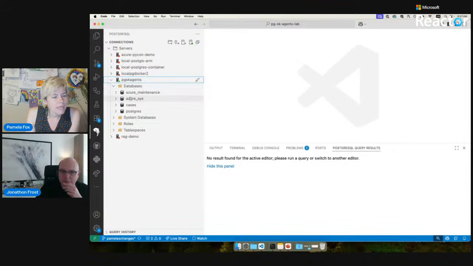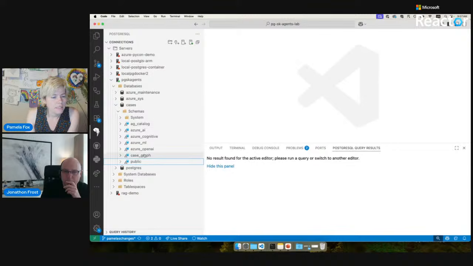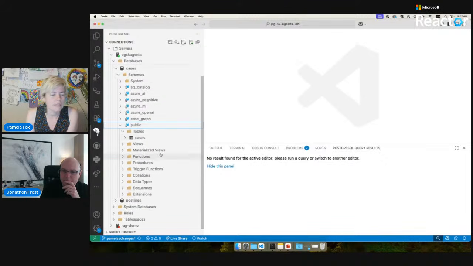And I can see what databases are here. The one I care about is the cases database, and I can explore the schemas. Underneath the schemas, there are various schemas used by the system, like the Azure AI extension, which has its own schema, and Apache Graph, which has its own schema for the catalog. But the one that has the actual data that we're going to be using as the base is the public schema.